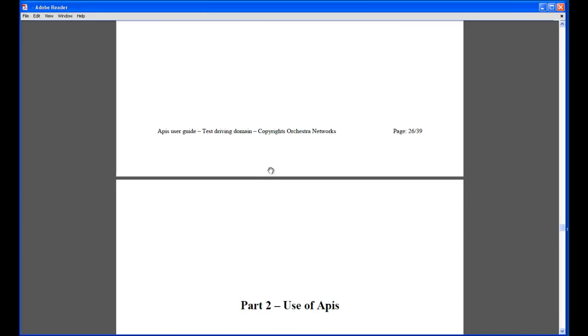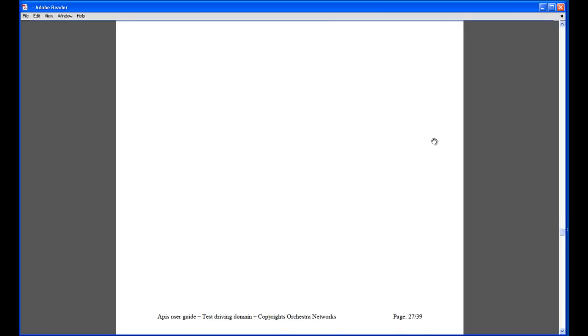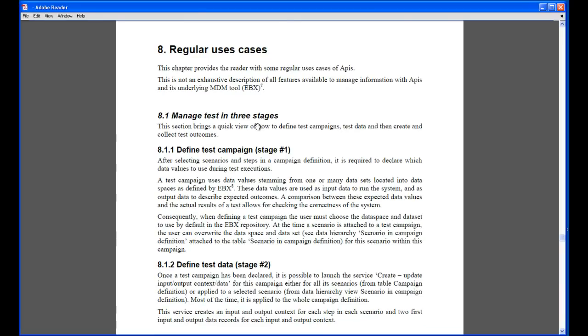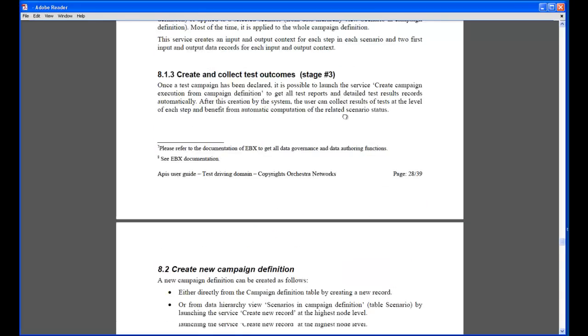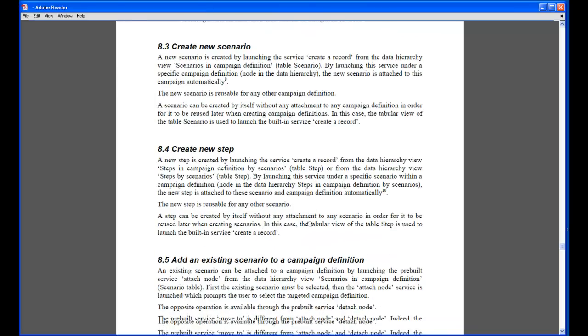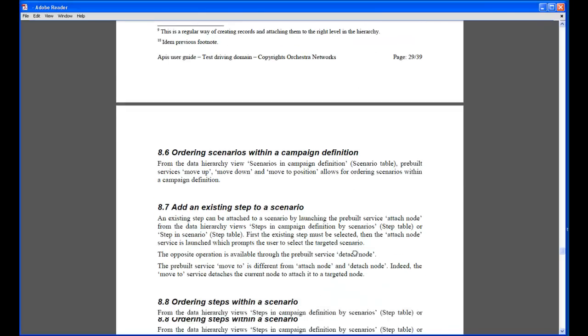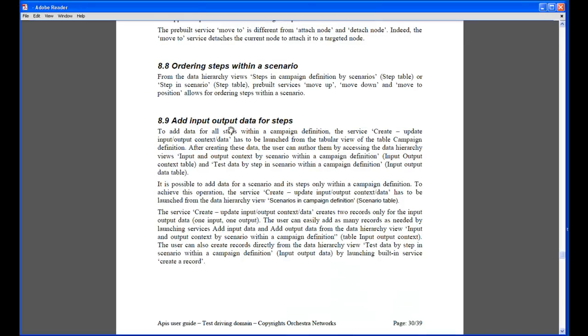So you will find in this user guide a lot of information related to how to use APIS. For example, the regular use cases, how to manage tests in 3 stages: define test campaign, define test data, create and collect outcome. Create new campaign definition, create new scenario, create new step, add an existing scenario to your campaign definition, ordering scenario within a campaign definition, add an existing step to the scenario, ordering step within the scenario, add input-output data for step,